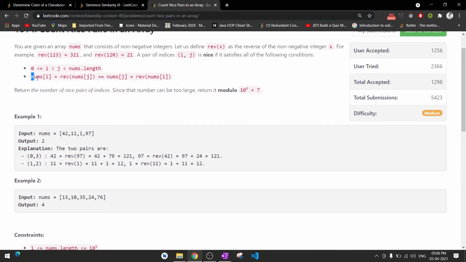So first we can modify this condition, because there are two variables I and j at the same time. We have to make it one variable, so that the other variable I can find from somewhere else.